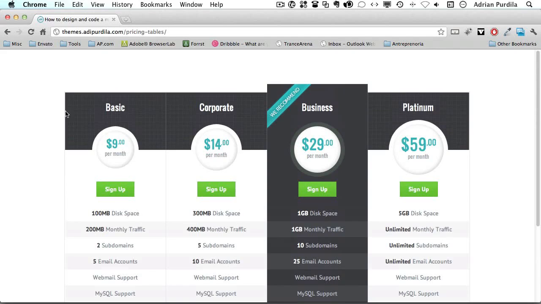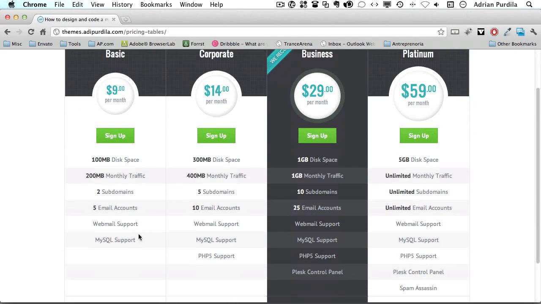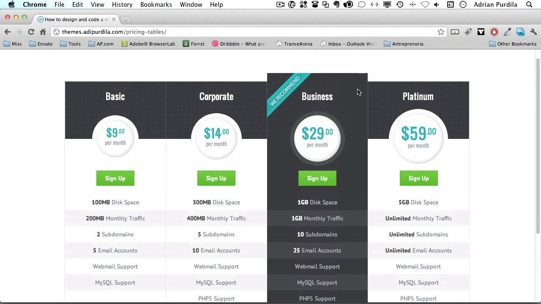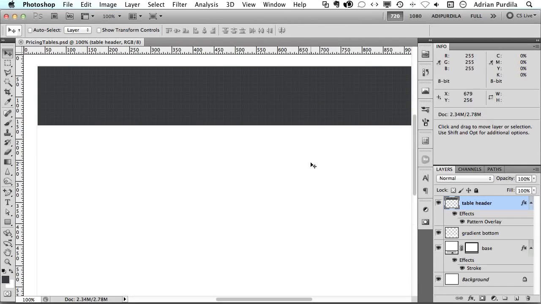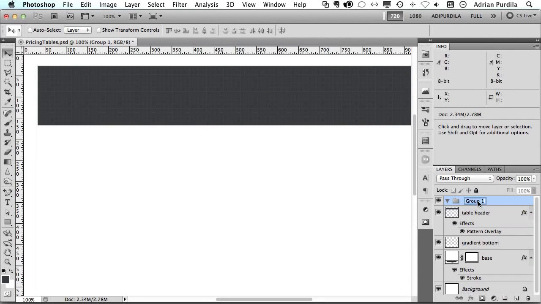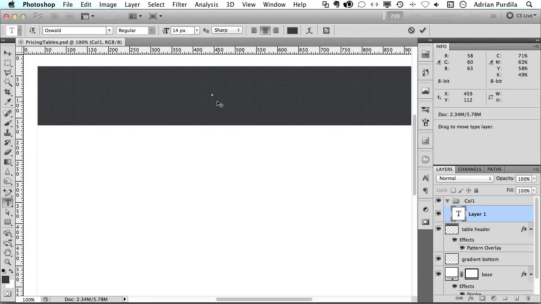we need to start adding the columns. Now the columns on this table are pretty much the same, except for this, which is the recommended column, but we'll get to this in a bit. First we'll just make our 4 columns look the same. So to do that, create a new group. Let's call it col1. Let's put in some text,